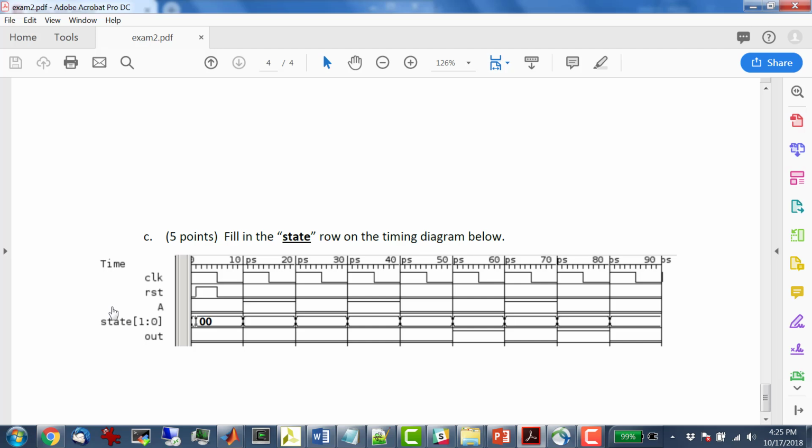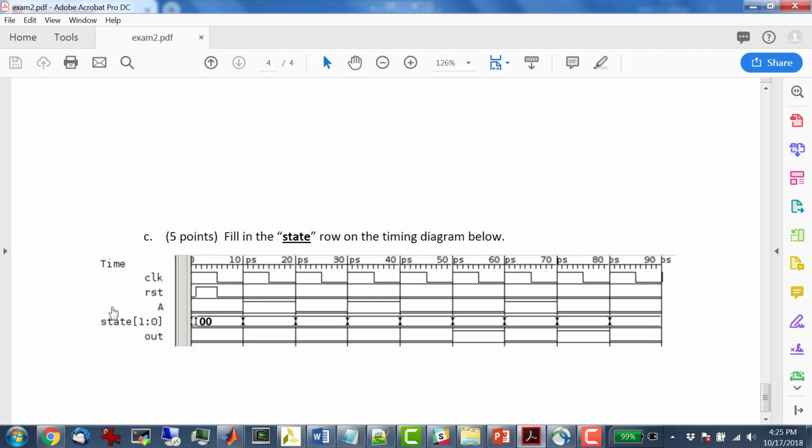So we're going to change states on the rising edge of the clock, but yet A is changing on the rising edge of the clock at the exact same time. So which A do I use? Do I use the one that came before or the one that came after? In general, use the one that came before, right? But it doesn't matter. If you use the one that came after, I'll accept